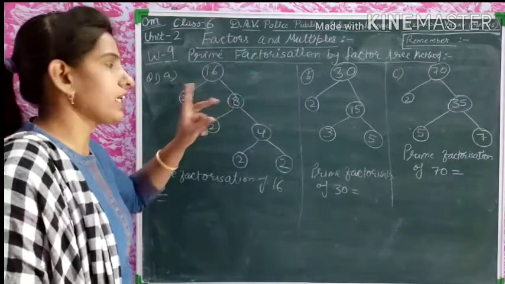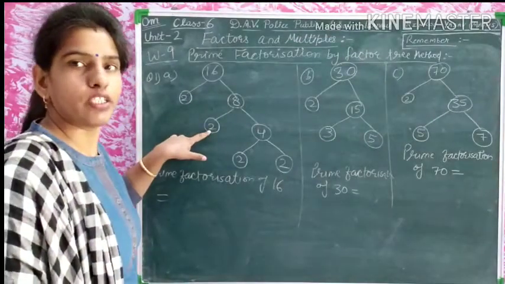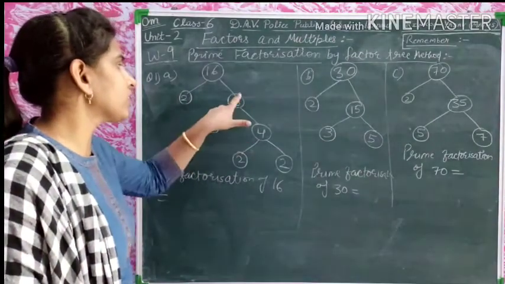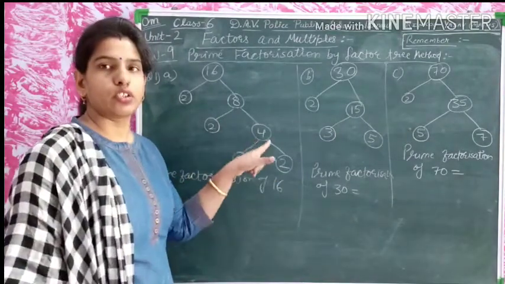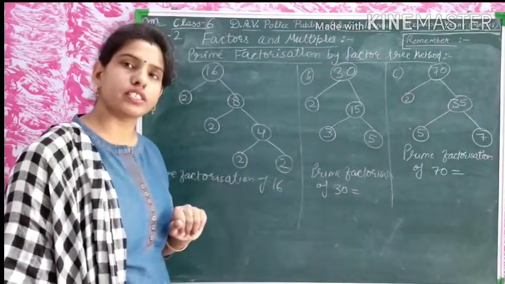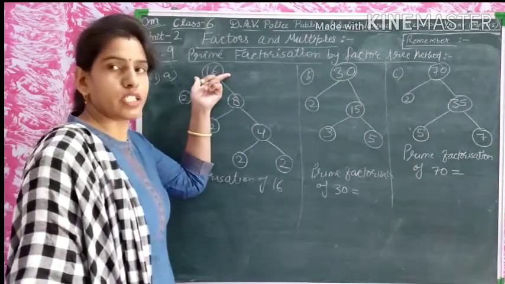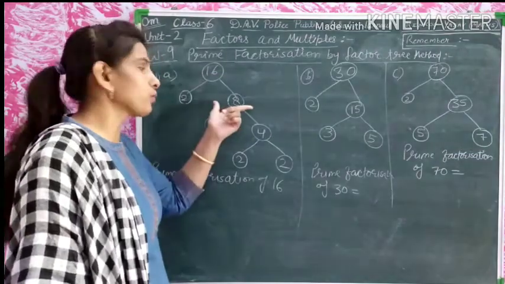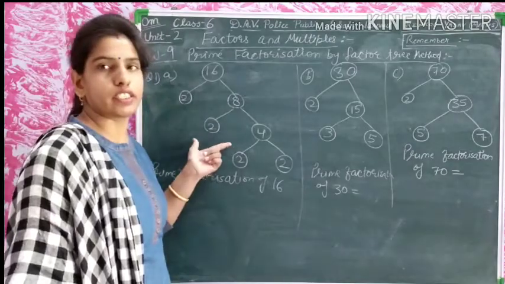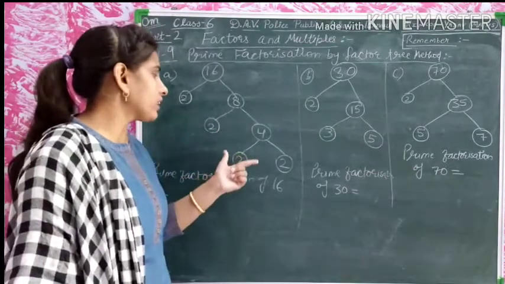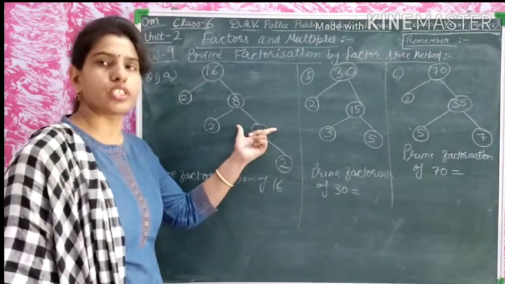Now again 8 has two factors. The smallest prime factor divides it by 2 here. 2, 4 is 8 here. Then now 4 also has two factors. 2, 2 is 4. Is this clear, students? This is the factor tree method. One number is there and we divide it into two parts. 2, 8 is 16. 8 is also factorized here. 2, 4 is 8. 4 is again divided into factors. 2, 2 is 4 there.